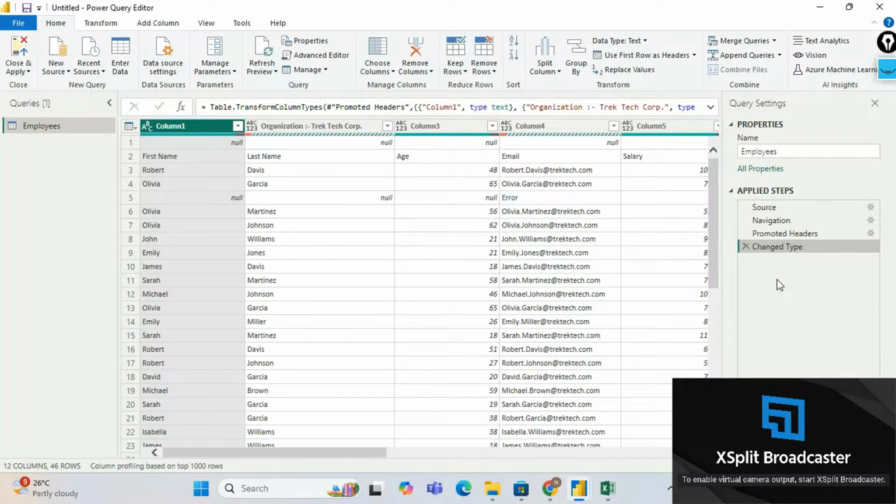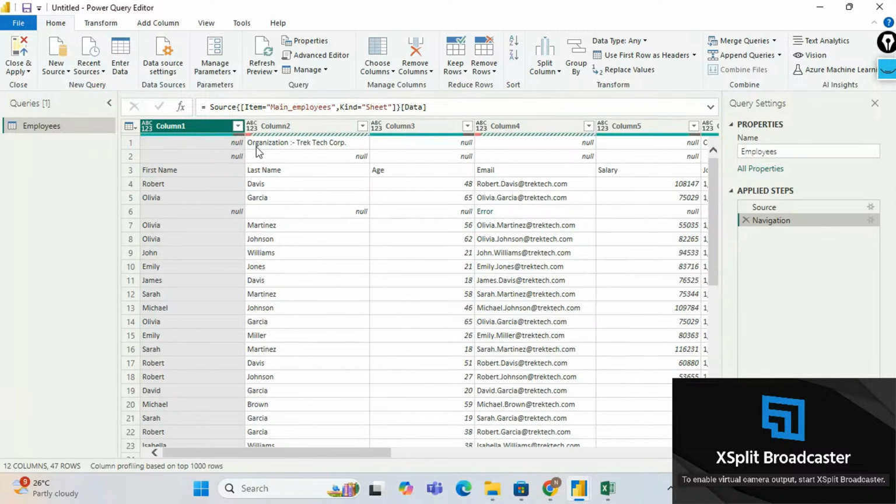Why, Akhil? We generally use Control Z, right, for undoing. Let us use Control Z here as well. No, friends, Control Z doesn't work in Power Query Editor. The only option that we have is removing the step. Remove it. See, if you remove, this is the data that we have loaded or imported into